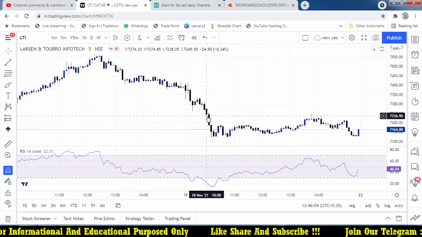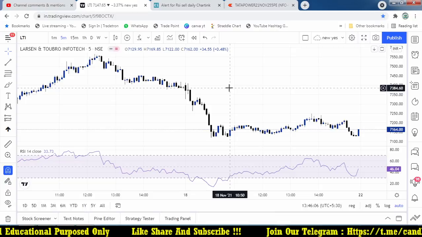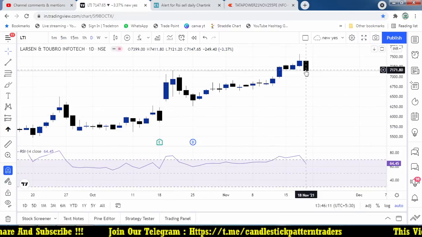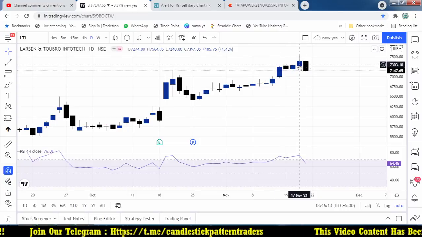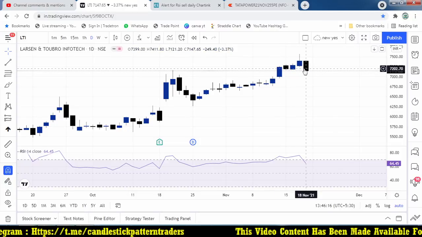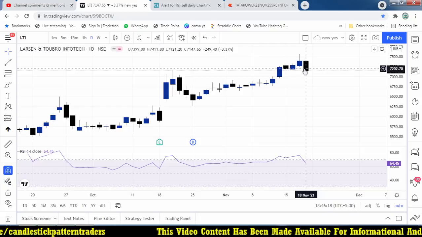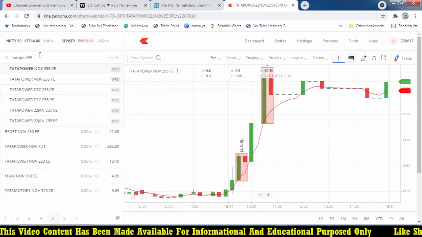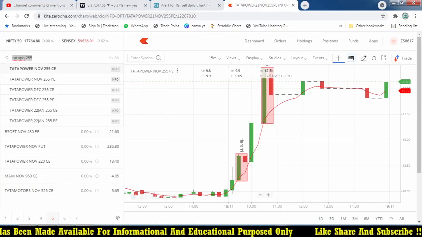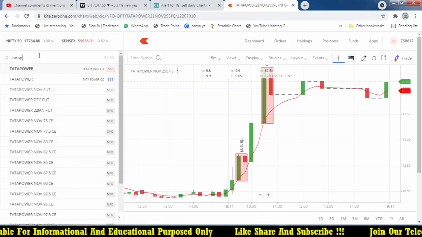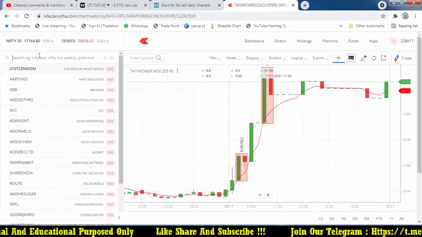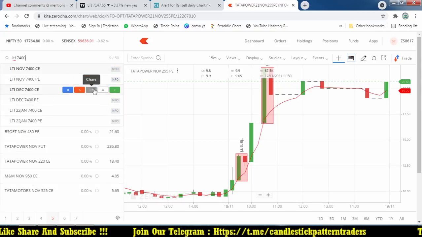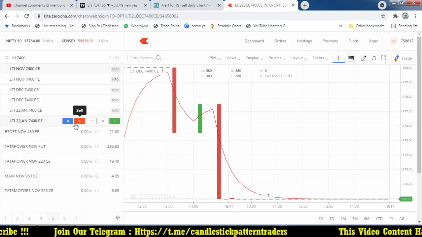If you take the 7200 put option or ATM, and if I am going to focus on a put option on this stock, today's high is 7400 and the previous high is 7600. So today's high is far from the current market price, almost 150 points away. That stock is called LTI. So we may try to take the 7400